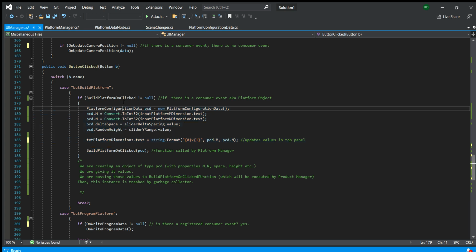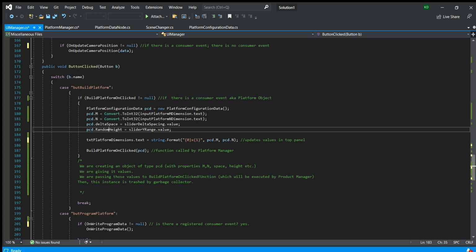Okay, so for the first one, it creates a PCD, which is again an object that holds the properties value for m, value for n, value for delta space, value for height. So we're going to create a new object, and right here, the dot m, the dot n, those are the properties, right? So we're essentially giving these properties for this specific instance values. So now the value for m, which is a property of this instance of PCD, is going to have this value, right? So after the object has the value for all these properties,